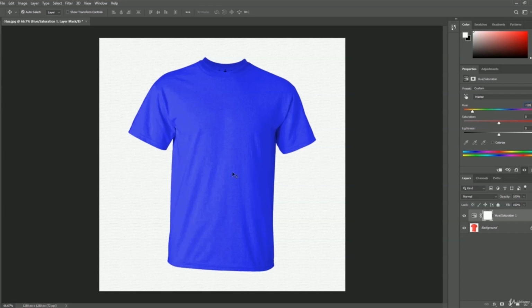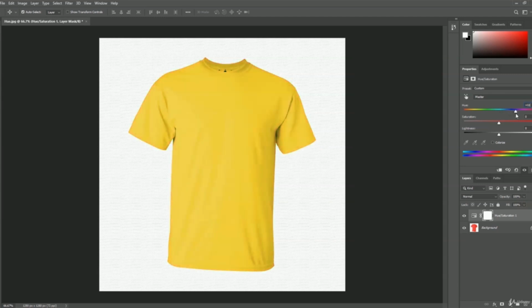Suppose you want to make this t-shirt yellow, so therefore you have to go for the plus side and we have to move the pointer. So let's move the pointer to the right side and let's make it plus. Right now we have the minus value and we will make the t-shirt yellow. Okay, cool. Right now we have the plus 53 value in hue and you can take a look, we got